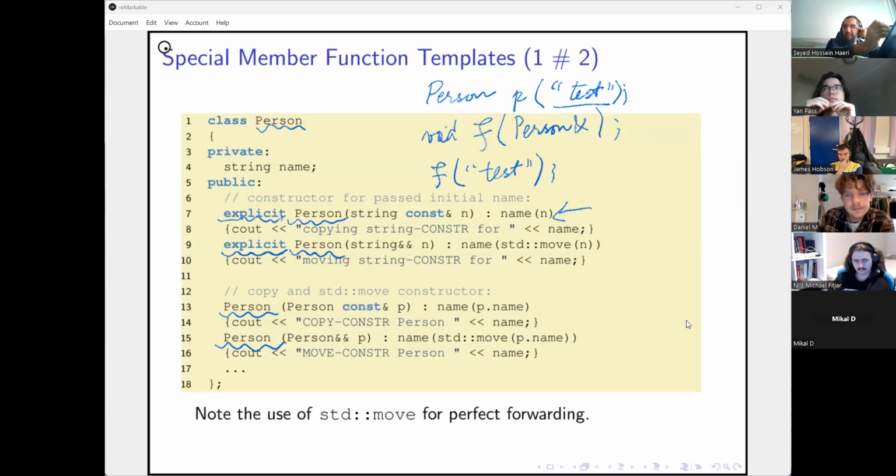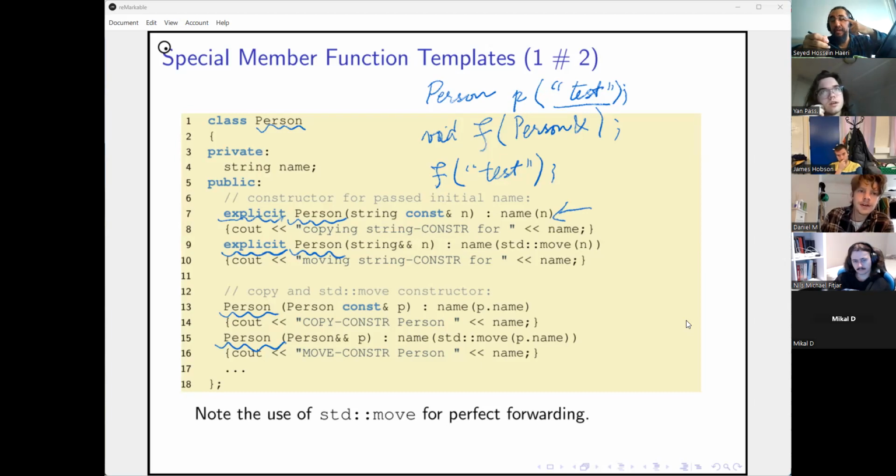The reason why you can implicitly convert a string literal to a string is because string has a constructor which is not marked explicit.